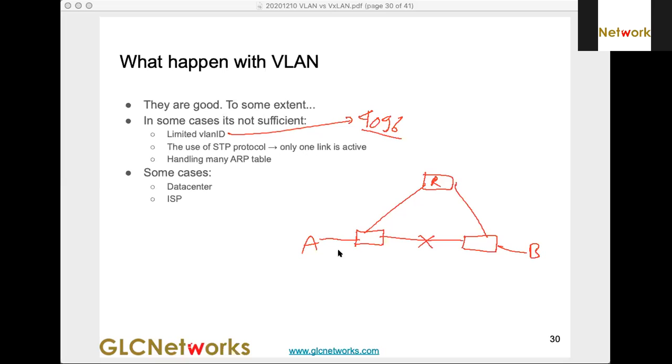So the connection will go through here and here. That's the drawback of STP, spanning tree protocol. What happened with the cable here? Well, you can plug it, but it's not used. There is no traffic in there. Automatically the port here will be disabled to avoid the loop on the network.